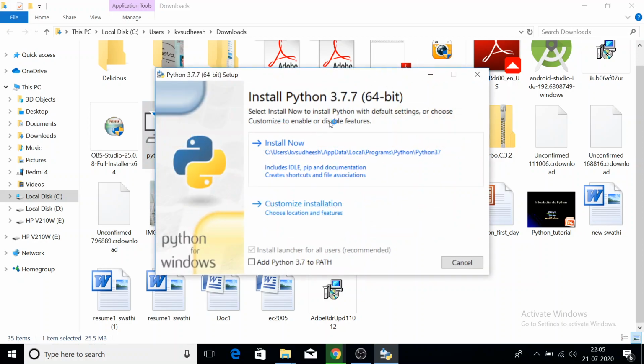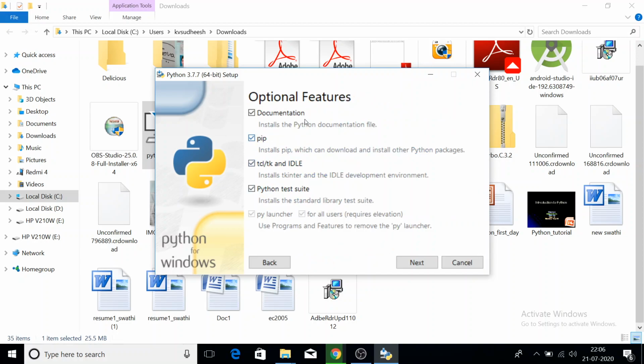Okay, for that, just double click. The installer will ask two options, that is install now. The second option is custom installation. Okay, actually this Python download installer contains a number of tools, not just the Python interpreter itself. Other than the Python interpreter, there are so many tools, that is pip, that I will discuss later, then Python test suite for testing purposes. Okay, that you can see here, the tools.